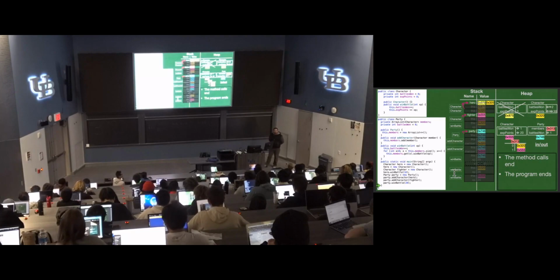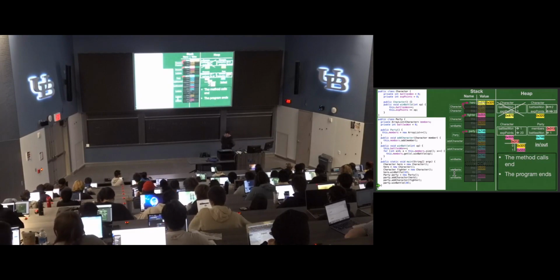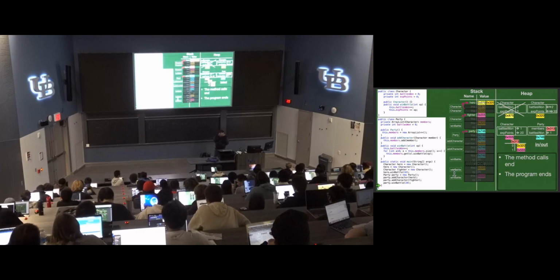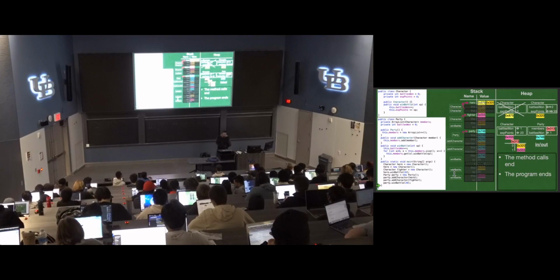Any other questions? Why there are 2... Oh, that question was why there are 2 win battle methods, not method calls. I read that as method calls. There are 2 win battle methods